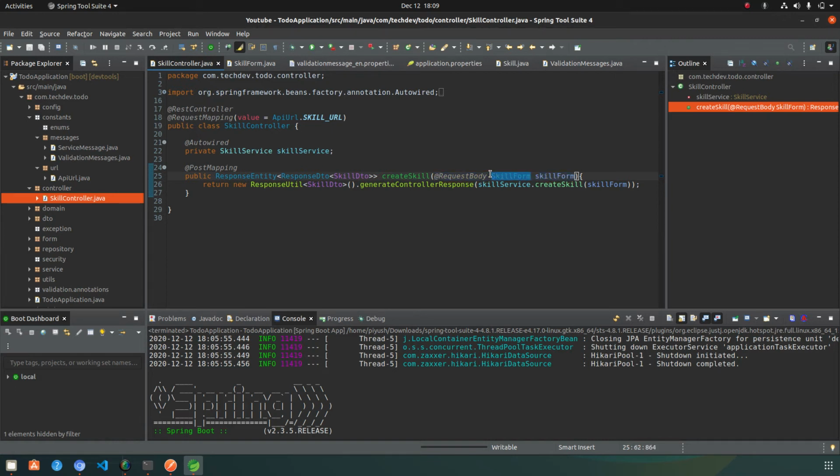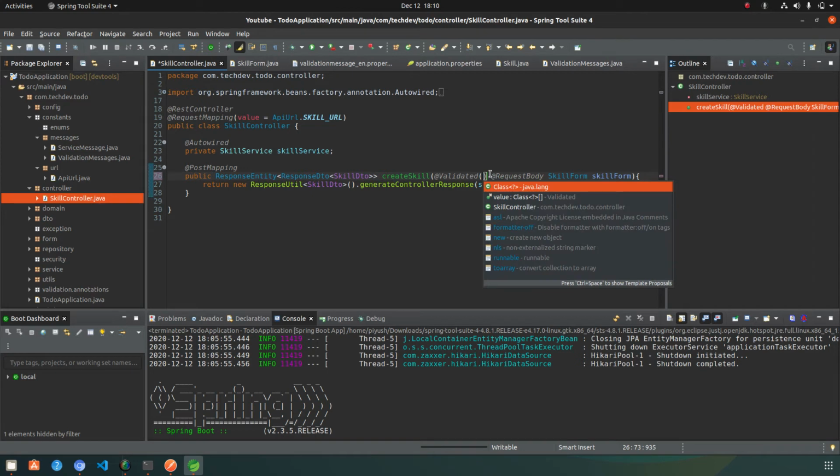For using validation, such as the null constraint or not empty, whatever validation we are using in the request body, you need to use the @Validated annotation just before the request body.